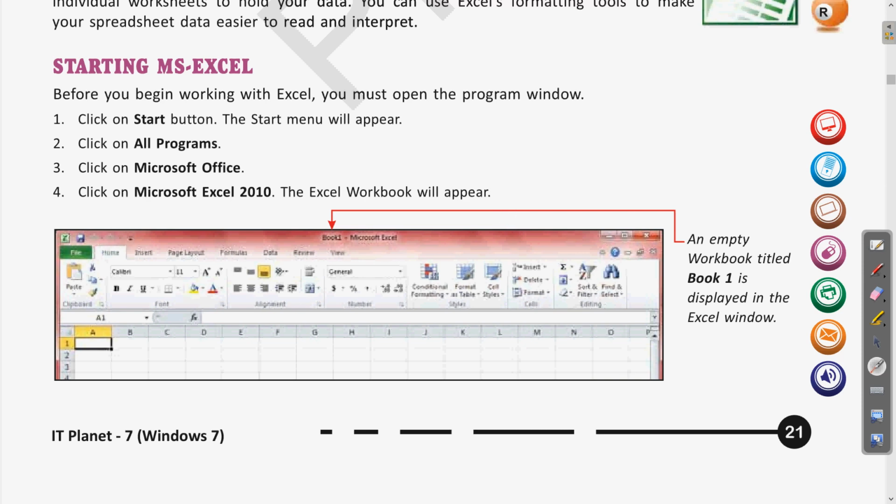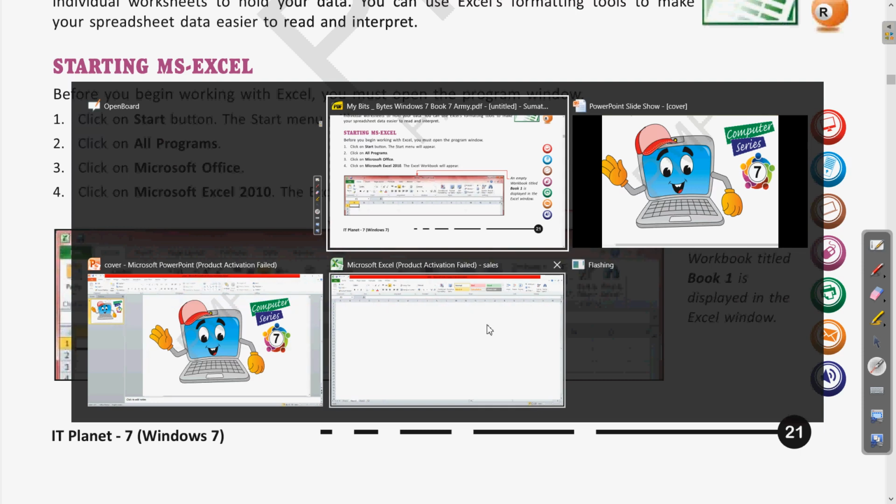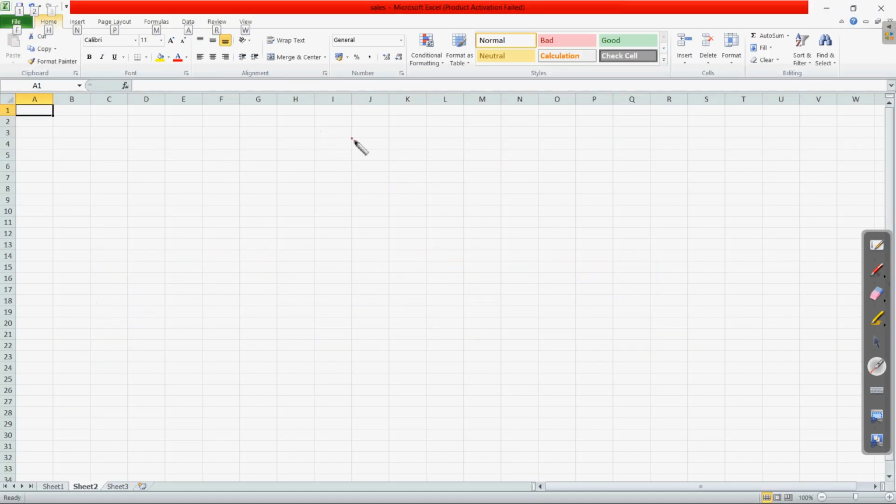If I show you the software window as well, here you can see this is a single workbook in which there are different sheets at the bottom. Here you can see sheet 1, sheet 2, sheet 3. We can also add more. If we click on this, you can increase the number of sheets in a single workbook. Clear? So this is a single workbook where you can add multiple sheets.